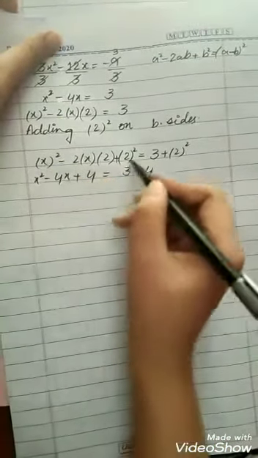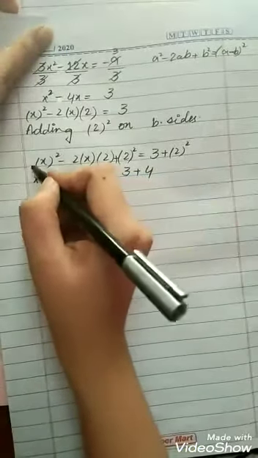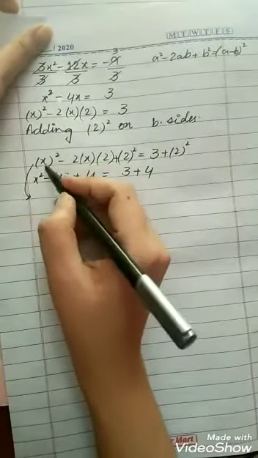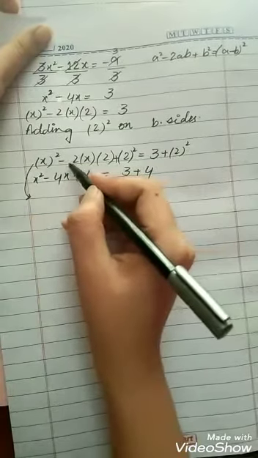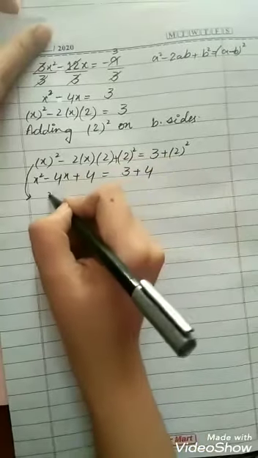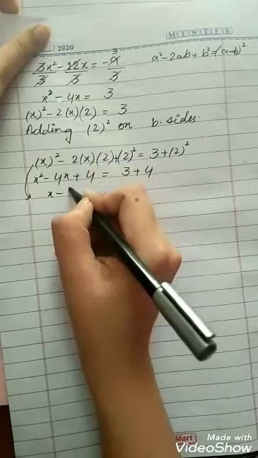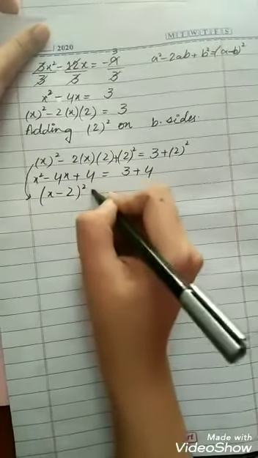So this is the complete formula. We will not open the formula, we will just write directly from this step to this step. So x square minus 2ab means a square minus 2ab plus b square, that is (a minus b) whole square, because we will use the sign with 2, (x minus 2) whole square is equal to